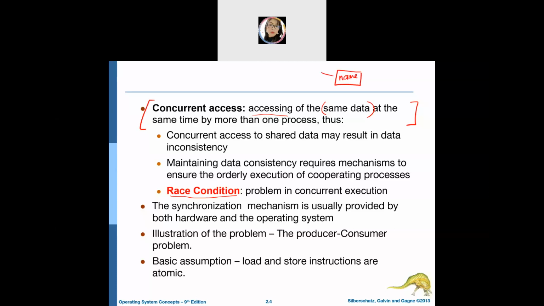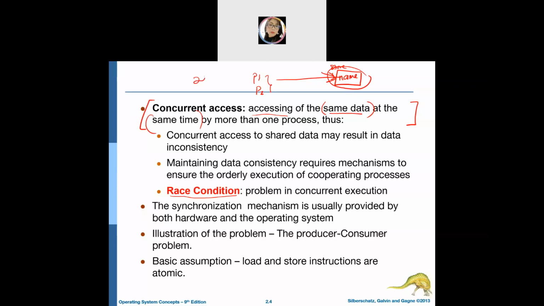Your data is stored in your memory. So you have process 1 and process 2. When these two processes try to access the similar data at the same time, synchronized at the same time,